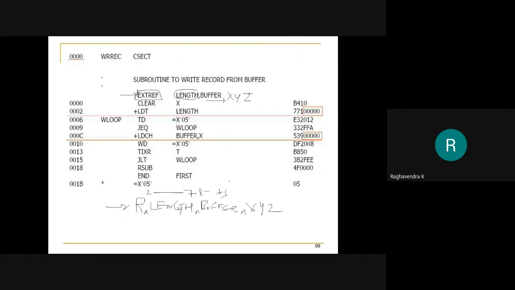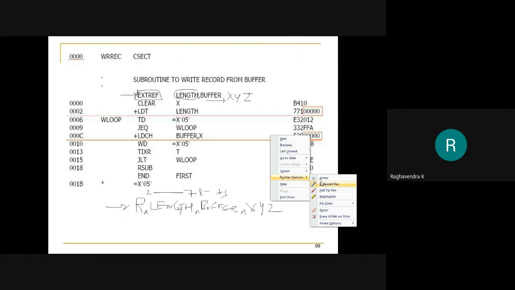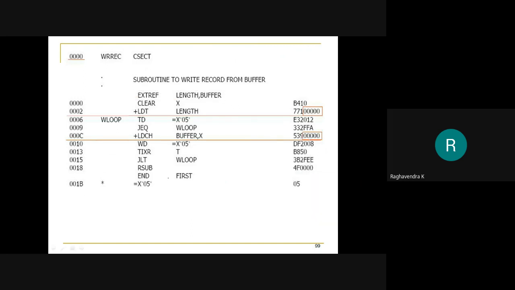Like for example, let me go back here. Right, so I know that this field has to be modified, correct? So to this, I'm supposed to add the value of LENGTH. For example, if LENGTH gets loaded at 5000, I'm just assuming. Previously, when I was assembling this control section, I did not know the value of LENGTH. Suppose if I knew the value of LENGTH, I would have directly put 5000 here. But that's not the case. We did not know the value of LENGTH, so it was put as 0000.